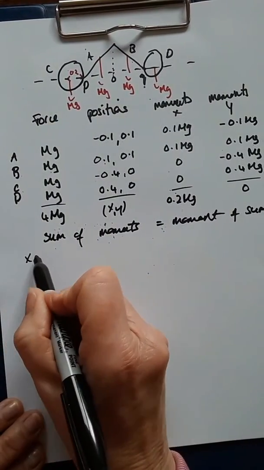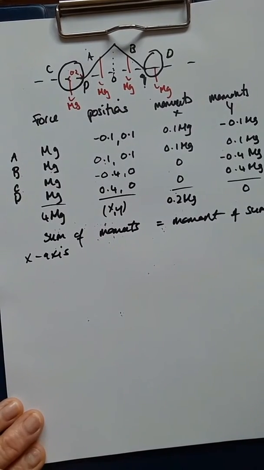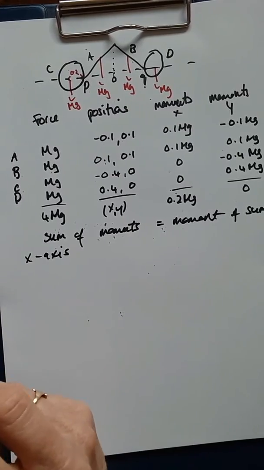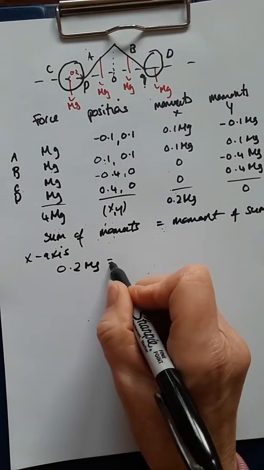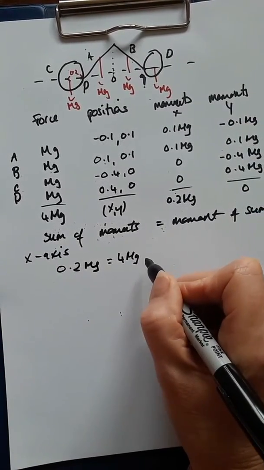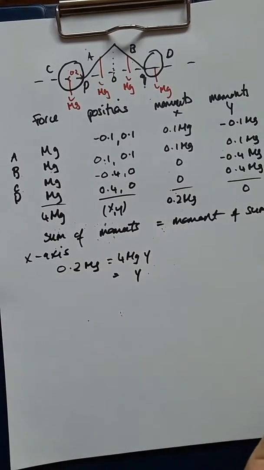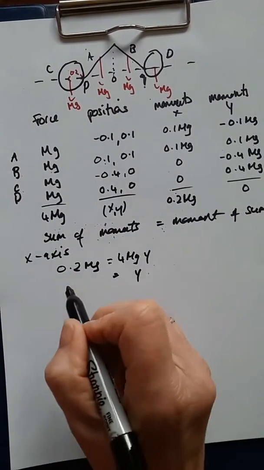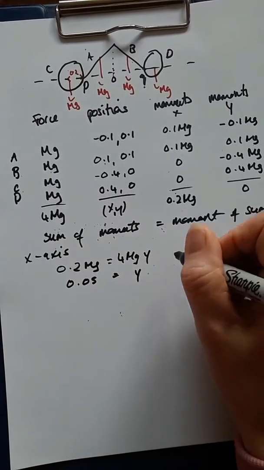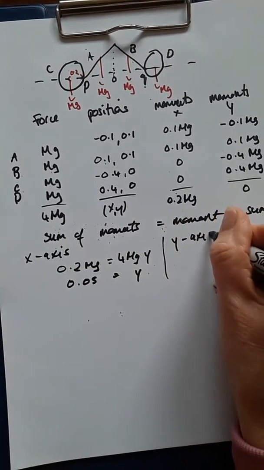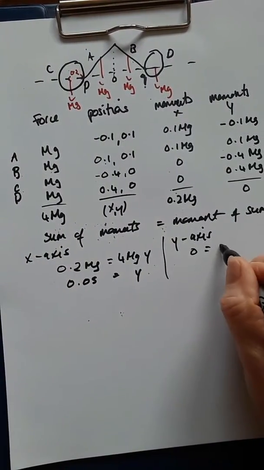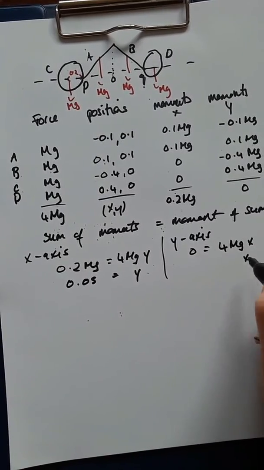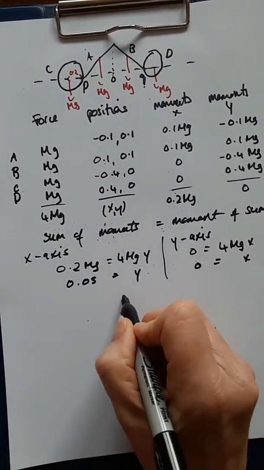So about the x-axis, I'll do the x-axis first. So this is going to become 0.2 mg, my sum of the moments about the x-axis, equals 4 mg times y. The mg's will cancel, and that will go in 0.2 over 4, which is 0.05. Then I'll do the y-axis moments. So the sum of the y-axis moments is 0, equals the moment of the sum about the y-axis, which is 4 mg times x, which of course means x is 0. So my centre of gravity is